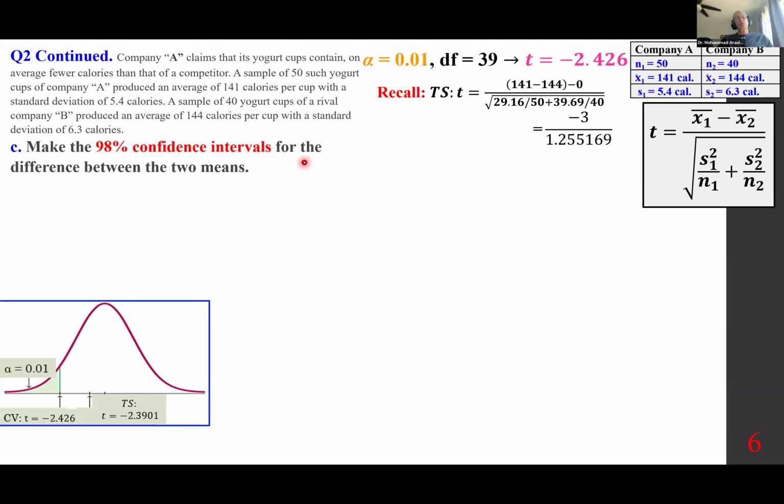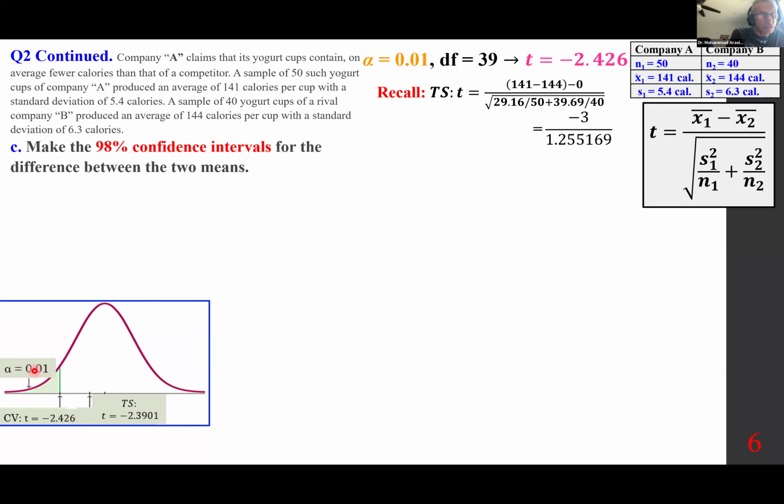Make a 98% confidence interval for the difference between the two means. First and foremost, when alpha is 0.01 for a two-tailed test, it corresponds to a 99% confidence interval. However, for a one-tailed test, it doesn't matter left or right, it corresponds to a 98% confidence interval because the entire alpha 0.01